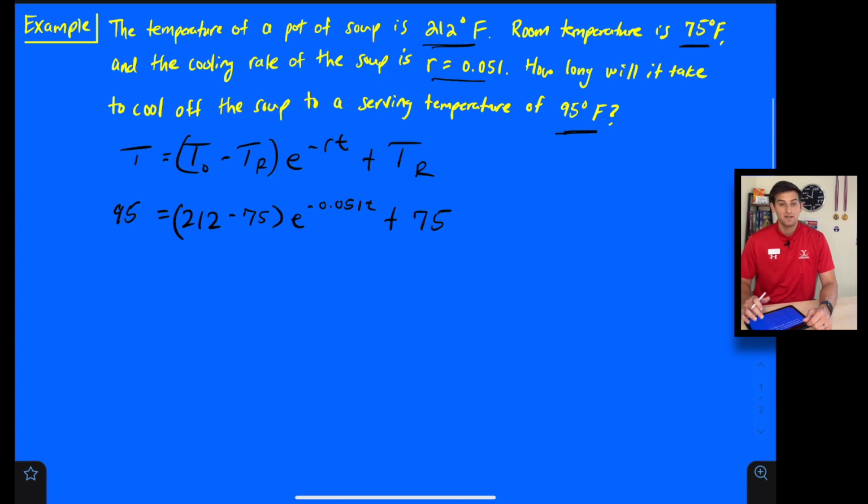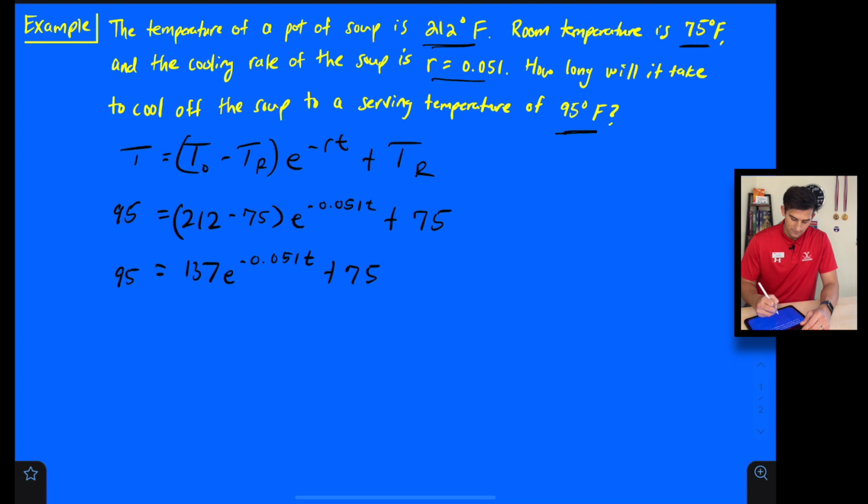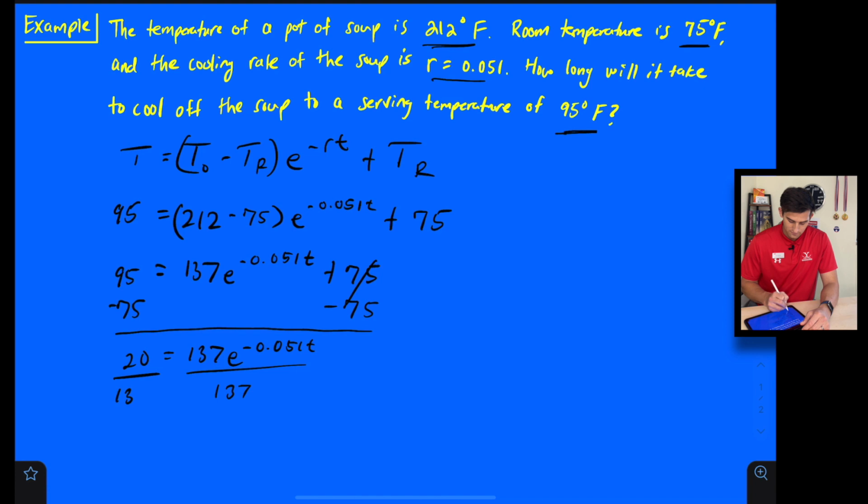All right, now we can go ahead and simplify. We have 95 here. We do 212 minus 75, and that gives us 137. We have e to the negative 0.051 t, and then plus 75. So let's move this 75 to the left side of the equation. Now we have 20 is equal to 137 e to the negative 0.051 t. Now we can divide both sides by 137. So 20 divided by 137 gives me